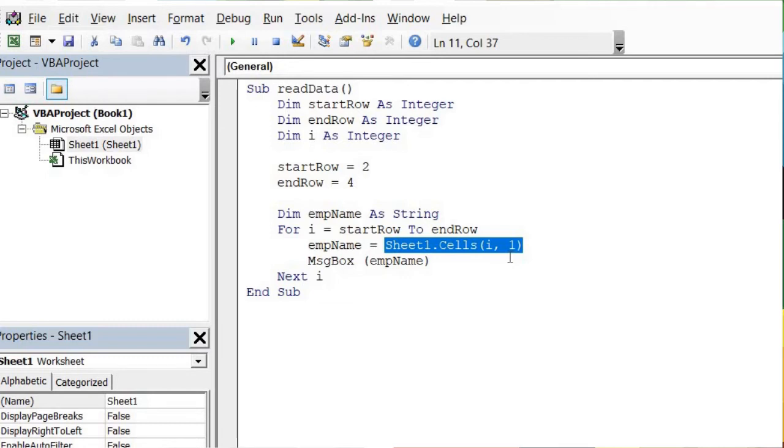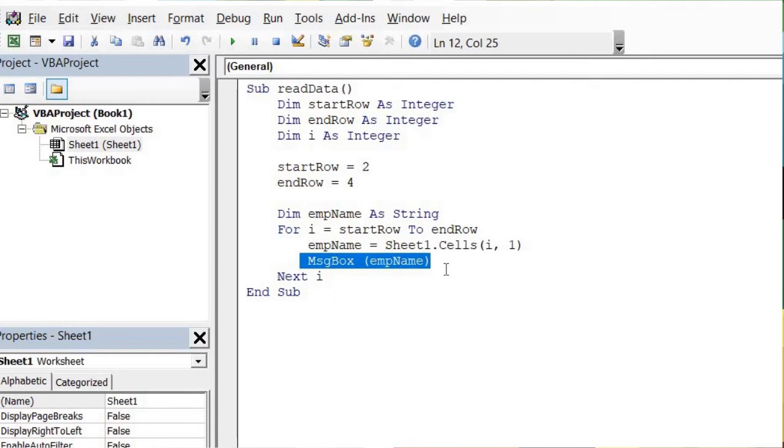This is again a simple program. There are a few variables defined to hold the starting row, ending row, and the current row. The loop takes care of looping from the number 2 to 4. Sheet1.Cells(i, 1) takes care of reading the data from Sheet 1, ith row and first column. Please note that i is not a constant and it takes different value depending on the iteration. For example, in the first iteration, it takes the value of 2 and reads the value in the row number 2. In the next iteration, it takes the value of 3 and thus reads the data from row 3 and it goes on till the loop ends. The message box actually prints the value.